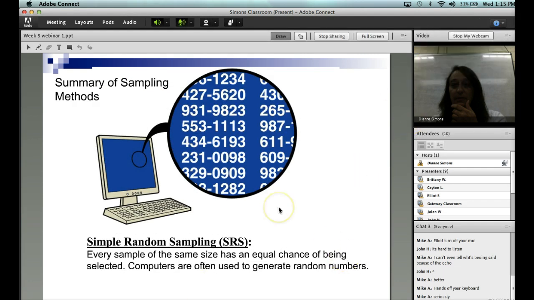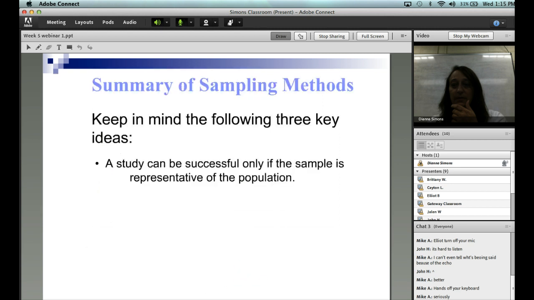All right, so summary of sampling. Simple random sampling. This is definitions. And so when you're going through your lessons, your practices, you're going to have to answer questions about this. So just make sure if you don't get it now, you go back and listen, okay? Every sample of the same size has an equal chance of being selected, and computers are often used to generate